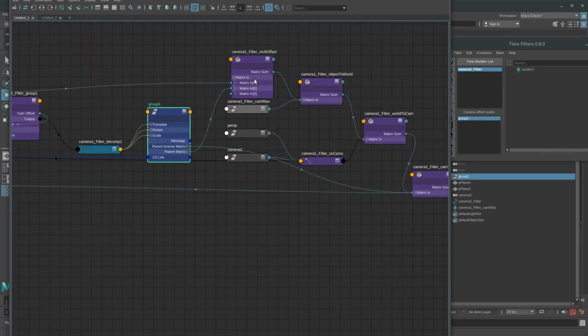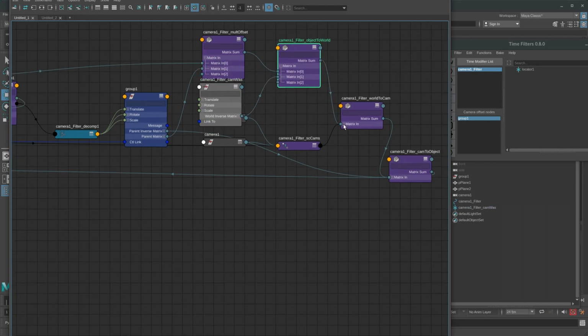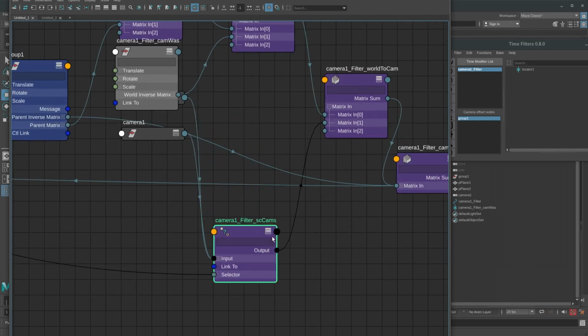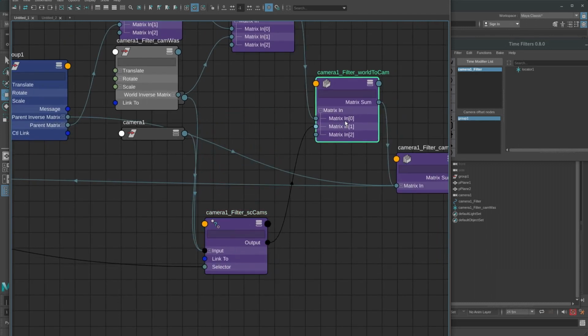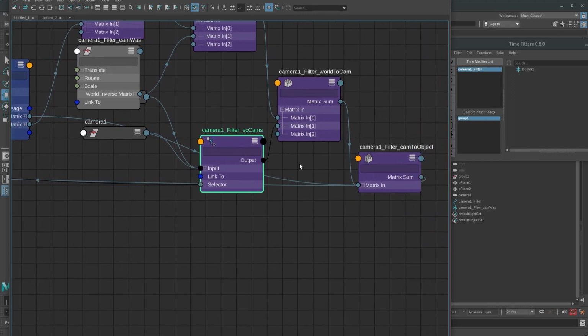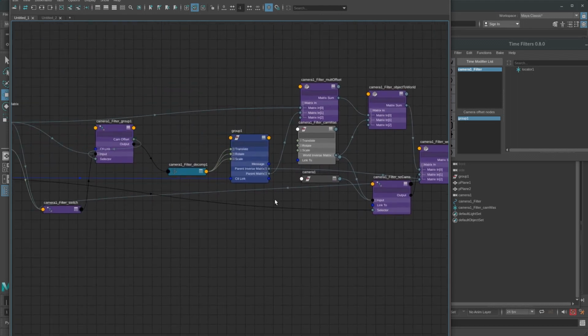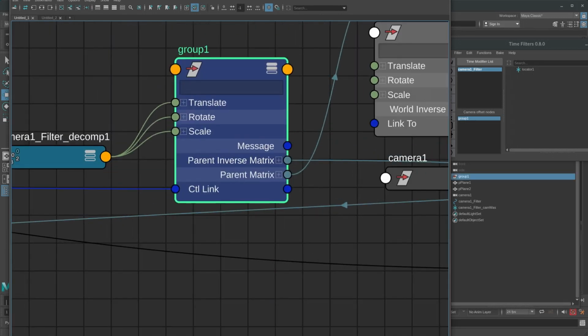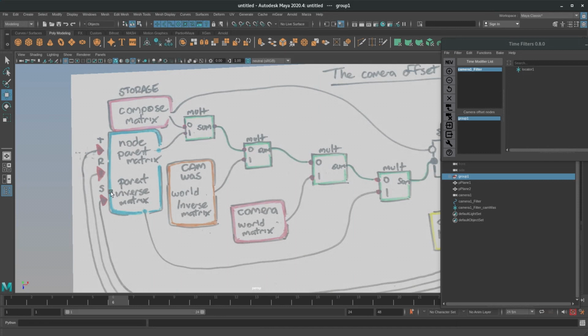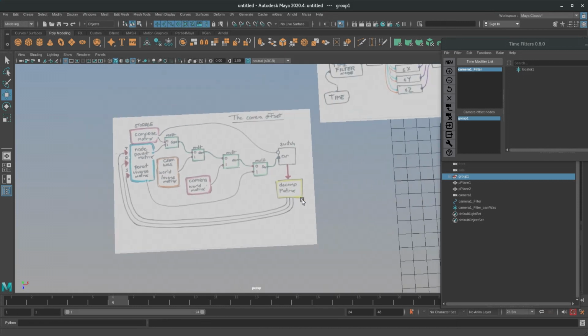We can see here the parent matrix into that, the CamWAS world inverse matrix into this, your actual scene camera into this. This is a choice network because, again, you have the option to choose different cameras within the scene. And then finally, that gets multiplied by the parent inverse matrix of your original storage node. And that's the basic setup, the basic math.